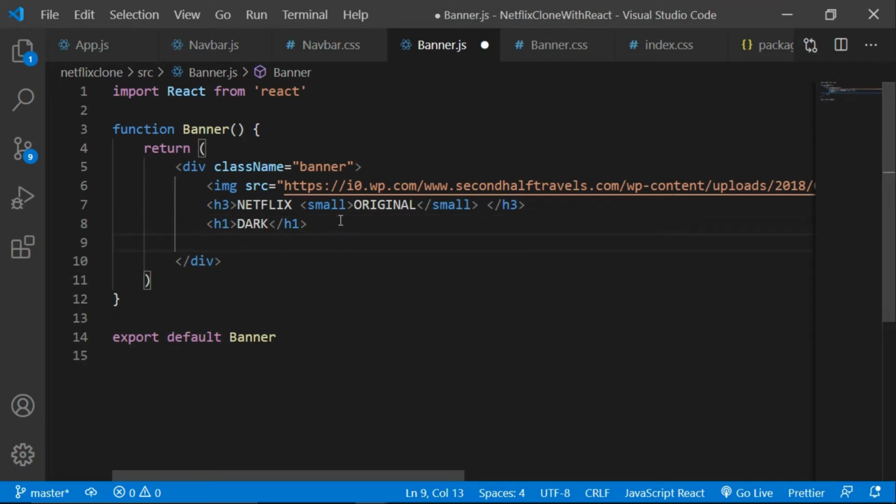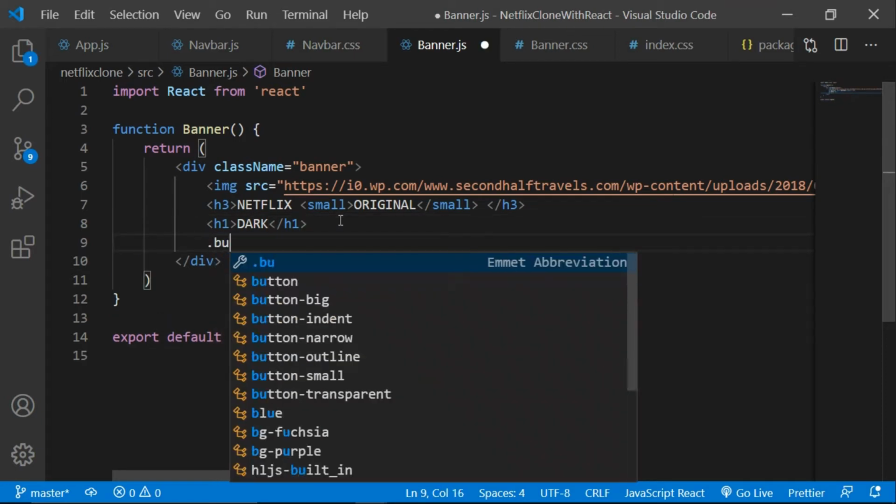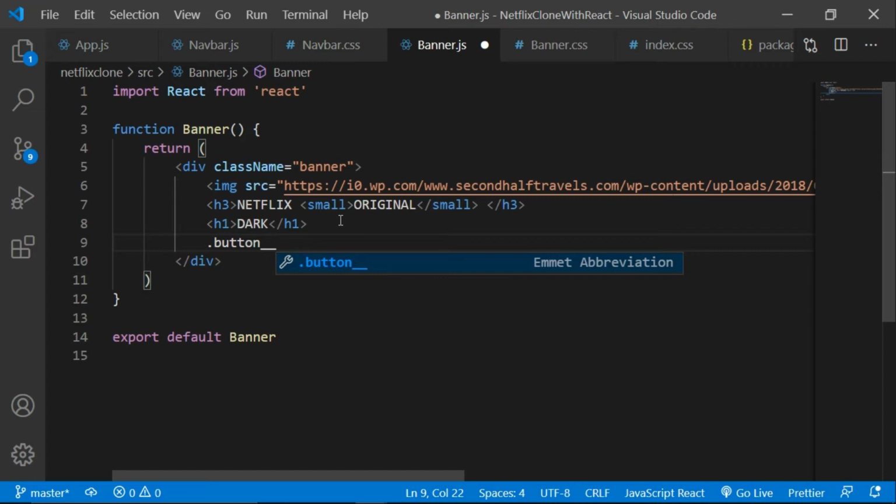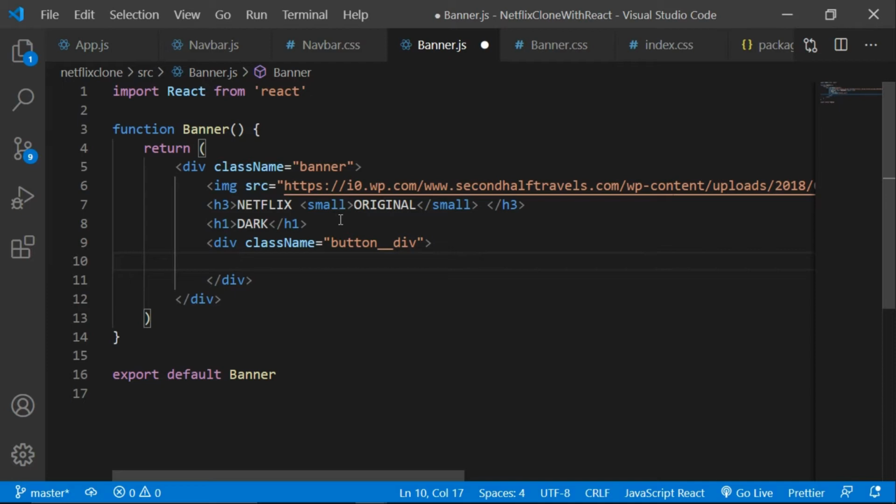So hit enter and add another button here. Not button, let's add a div, that is button_div, and inside that we are gonna add two buttons. So for that, let's add a div, add a dot and button1. Alright, that's fine.